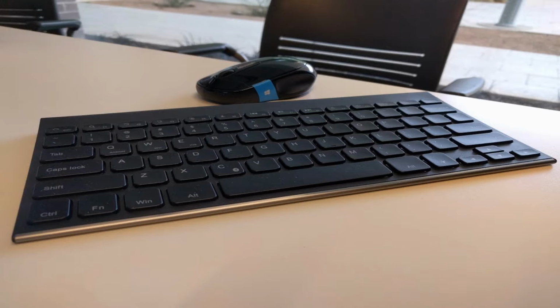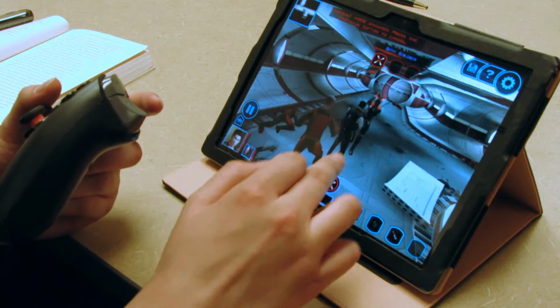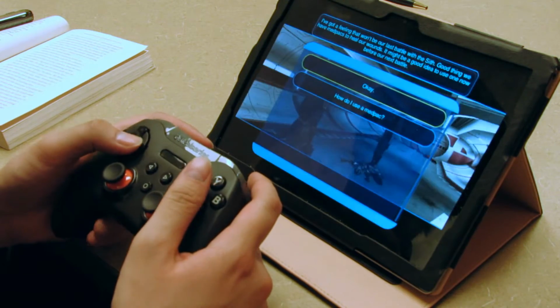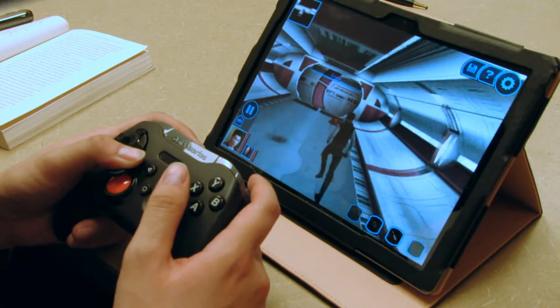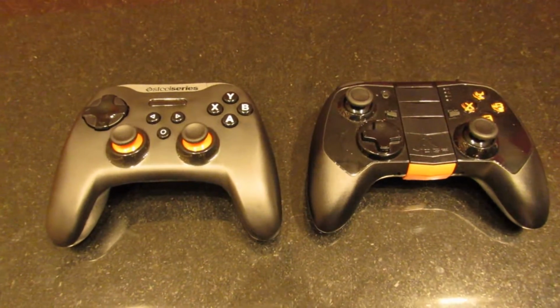When you think about PC gaming, you picture the good old mouse and keyboard. When you think about mobile gaming, you think of either an intuitive but limited touch-based control scheme or those terrible, horrific on-screen buttons. But the problem with using gamepads on mobile is that you either have to go through the hassle of using primitive and convoluted third-party methods to make the controller you already own compatible with your device in the first place, or you'll have to shove out some cash for a cheap-feeling gamepad that will only work with